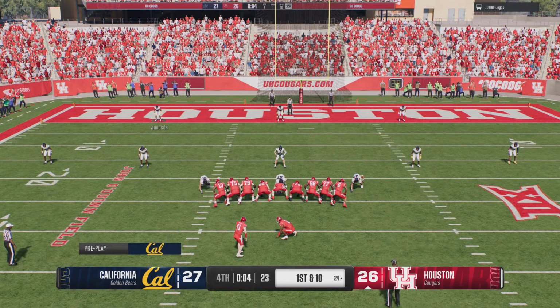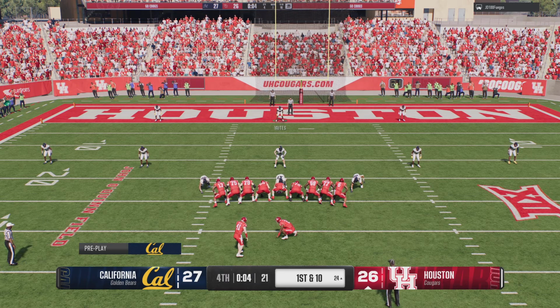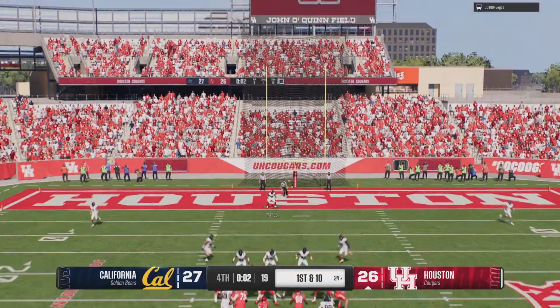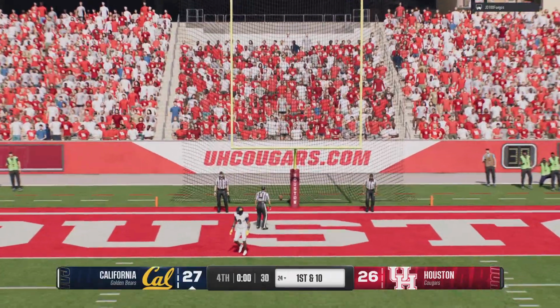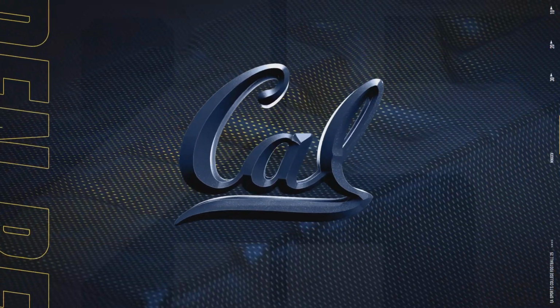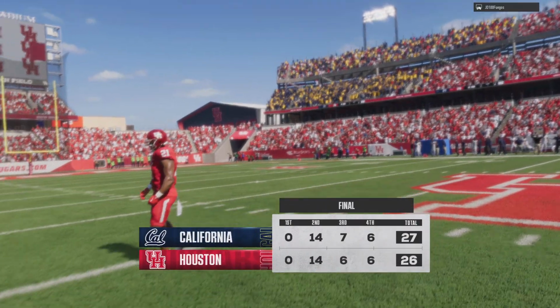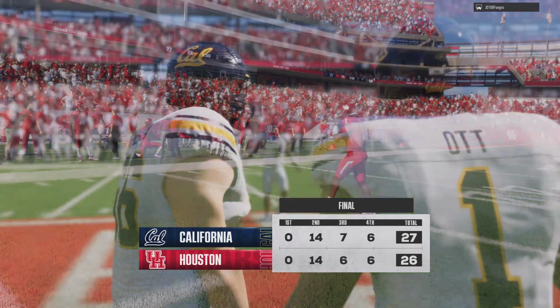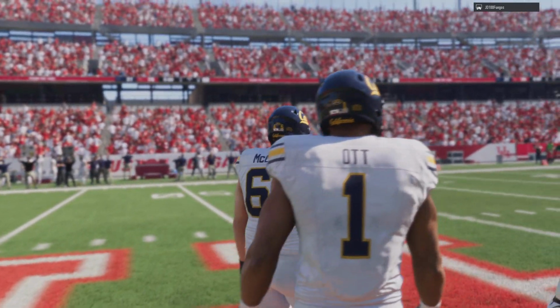So this is going to be rife with drama and overflowing with pressure on this field goal try. And this one to put them on top, and it is getting late. And it's no good. And after the miss, they're still down by a single. You want to talk about building confidence? Coming through with clutch plays